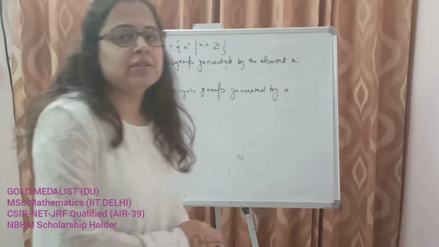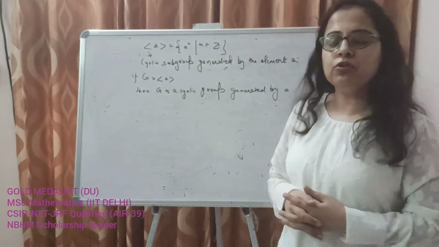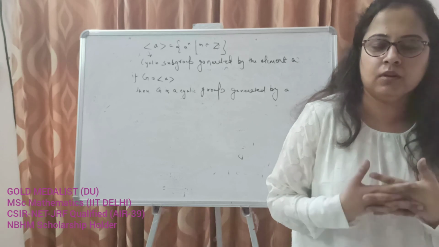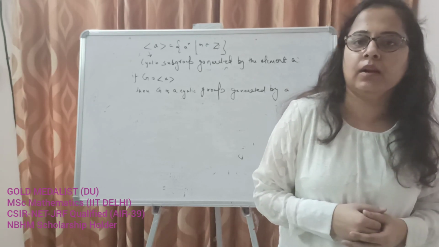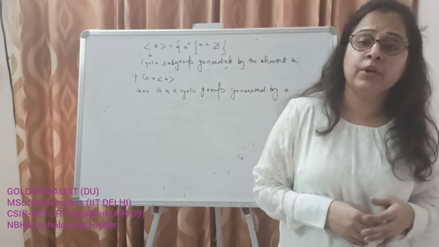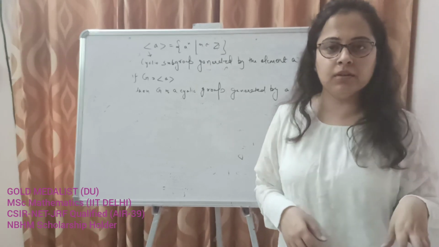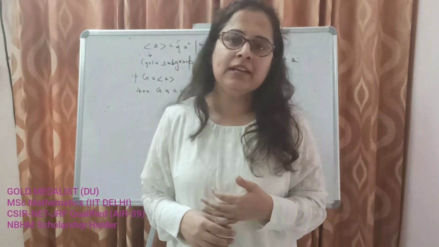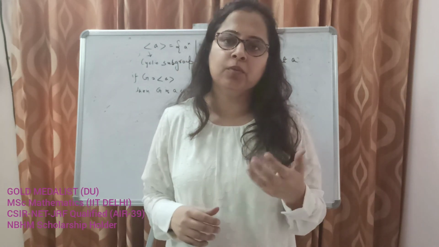And that was all for today's video. So today we learned about some special subgroups, which is a cyclic subgroup of a group that is generated by a particular element. Then we talked about the center of a group. It is the set of all elements in a group that commute with every element in the group. And the last one was the centralizer of an element in a group. That is the set of all elements that commute with that particular element. So all these are subgroups of a group.